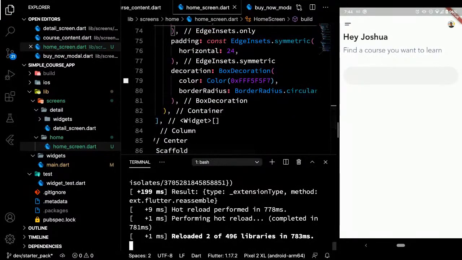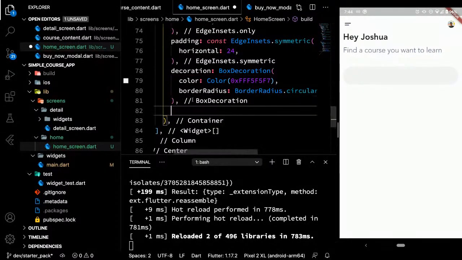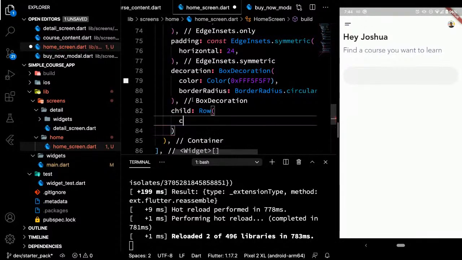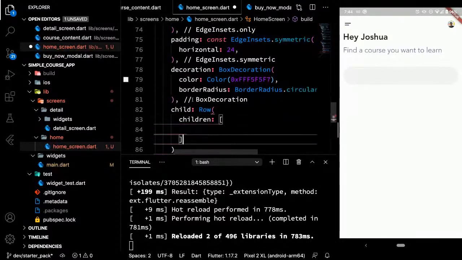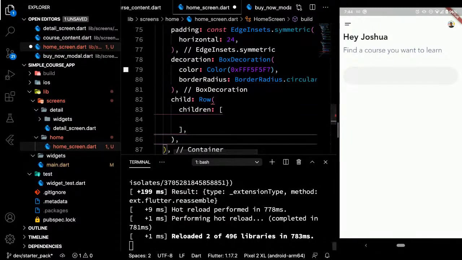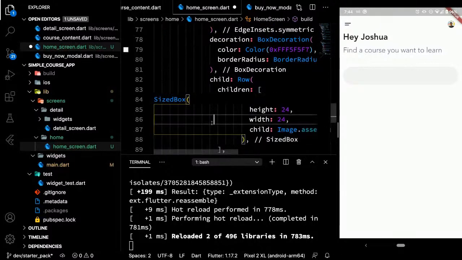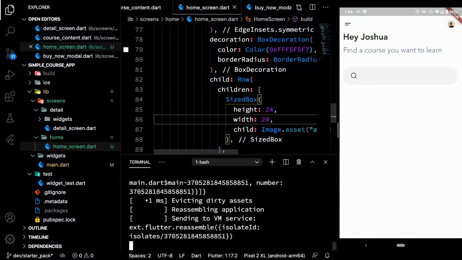Next we want to add a row, since a row is responsible for displaying your widgets horizontally. Children. And we want to add an icon for the search. Copy, paste. So this is the icon for the search.